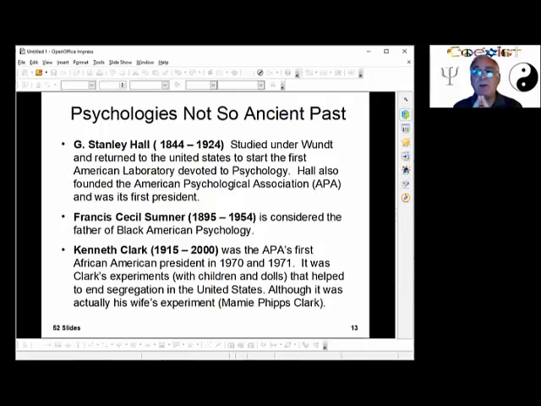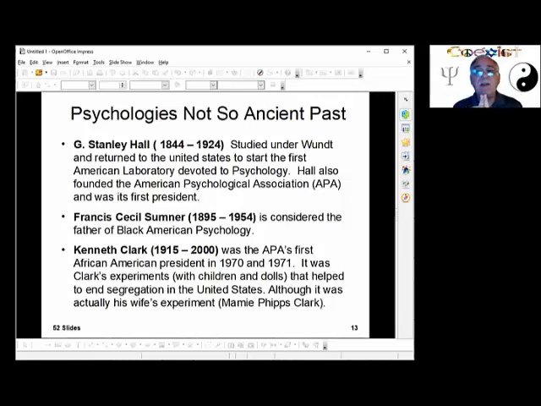And the children, no matter what the child was, African American, Asian, Indian, didn't matter. They played with the white dolls more than playing with any of the other dolls. You would expect, well, an African American child would play with an African American doll, and an Asian child would play with the Asian doll, right? Color of our skin, we would look at the color of our skin and try to get to the closest doll that looked like us, but that's not what happened.